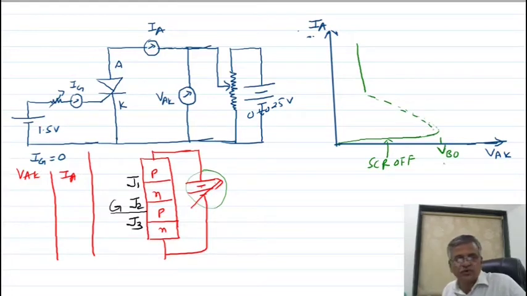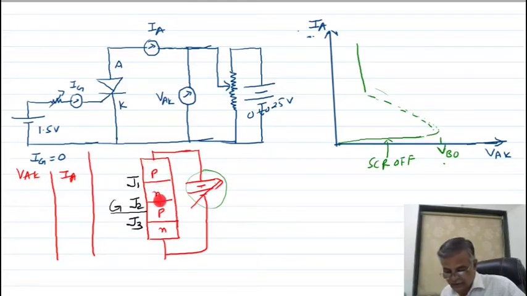Means after this voltage current suddenly increases through the SCR, because as current increases, the resistance offered by this semiconductor layer decreases. The reason is that conductivity increases. Initially conductivity is 0. So as this voltage increases, only leakage current is flowing. But when this voltage is more than the breakover voltage of this junction, immediately this will come into conduction. As this comes into conduction, current starts to flow after the breakover voltage.